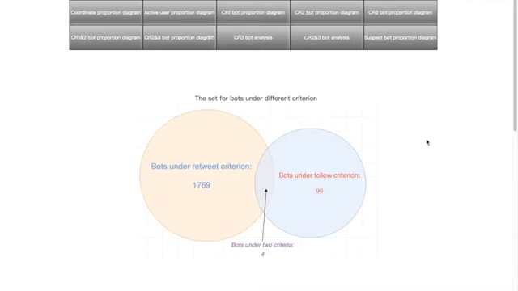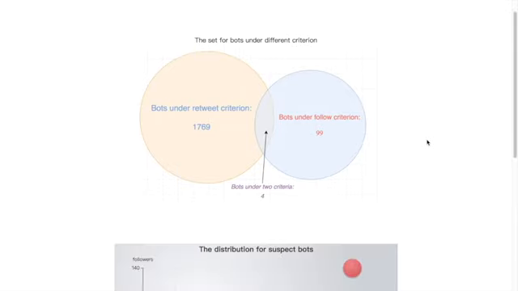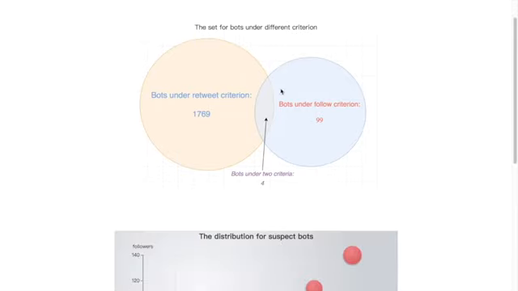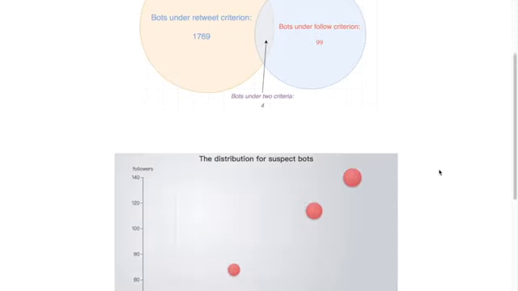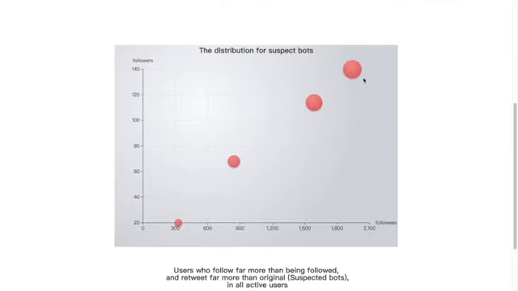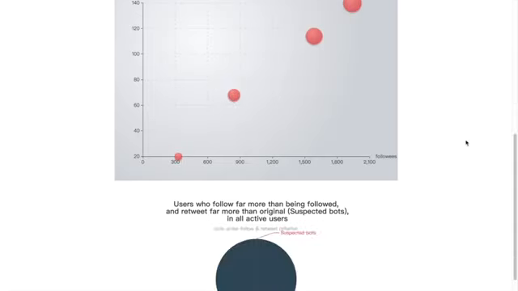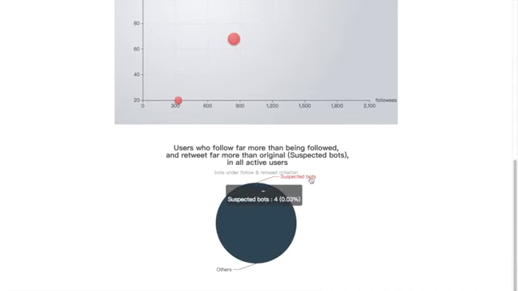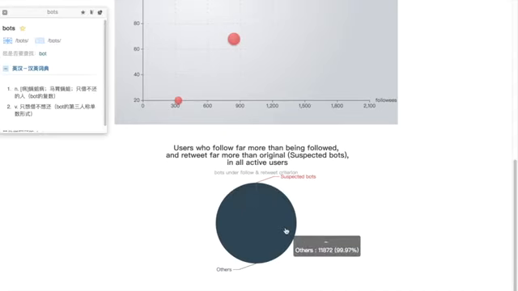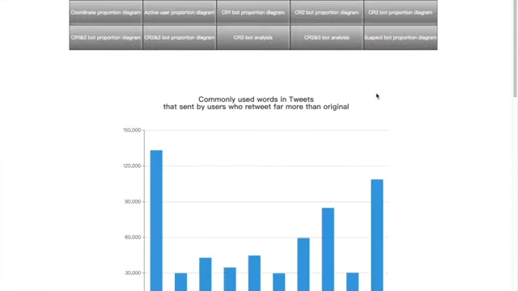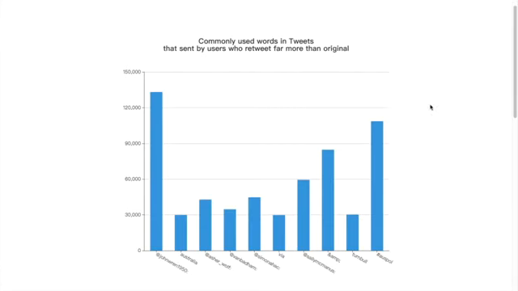When we applied the follow criterion and retweet criterion, we could see there are 4 bots satisfying the condition. And through the diagram, it is obvious that all of these 4 suspect bots have many followees but low followers. The number of bots under these 2 criteria accounted for 0.03% of the active users. We are interested in what they always retweeted, so we also did analyses on the content of the filtered retweets